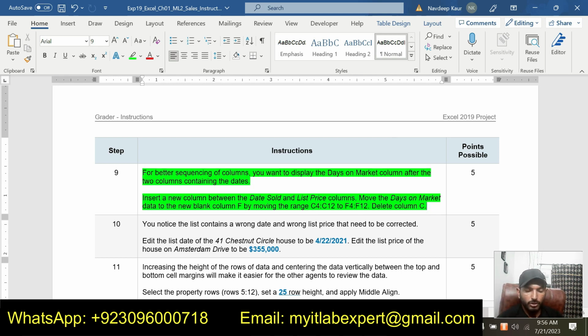So now we're gonna do step number 9. For step number 9, it is saying that for better sequence of the columns, you want to display the days on the market column after the two columns containing the dates. Insert a new column between the date sold and the list price columns.